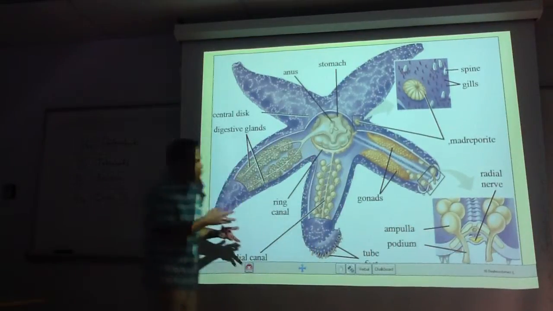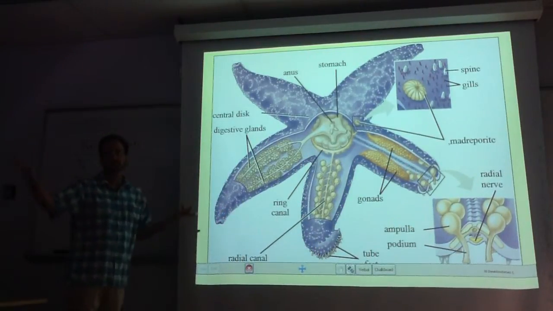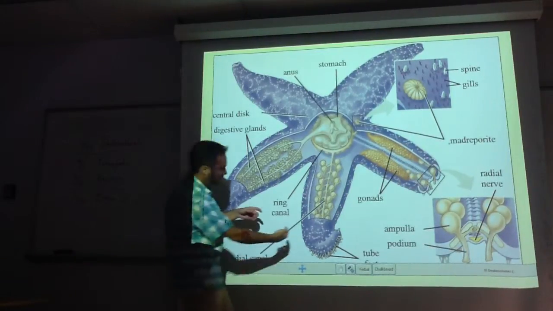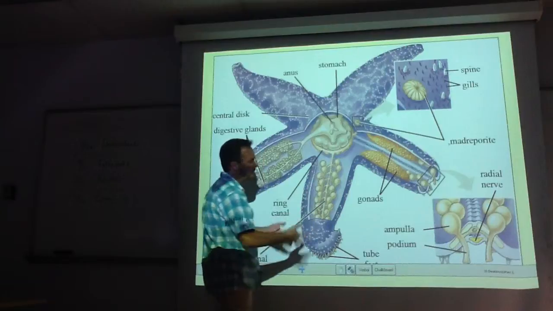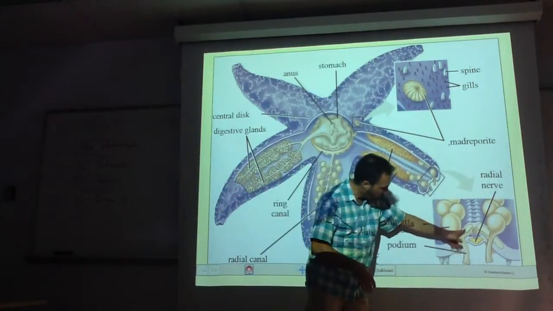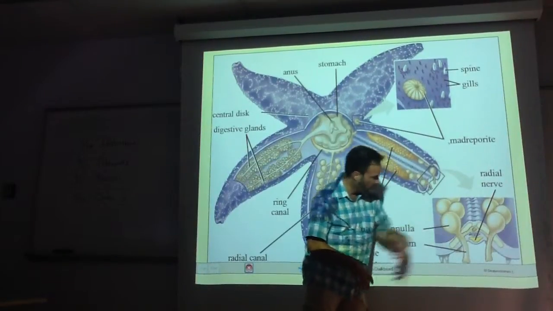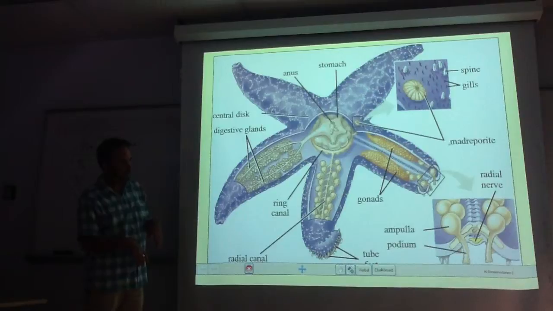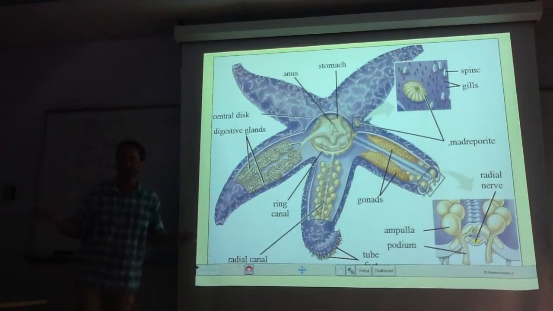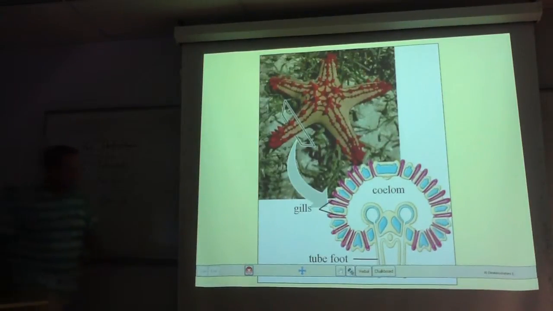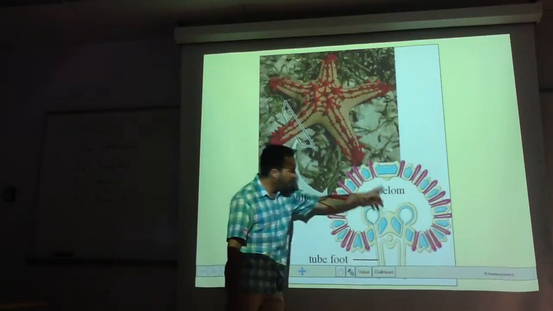And then you have this whole system of ossicles, these little bony plates that are inside, these calcareous plates. You'll notice that there's a groove on the underside of each one of the arms that the tube feet come out through. That's called an ambulacral groove. And so these are ambulacral plates. You'll notice that the radial canal comes down through those ambulacral plates. Very simple body plan, right? So, and we'll dissect this. You'll see what it all looks like in real life, but it's a very simple body plan. They have a true coelom that actually forms part of the water vascular system.